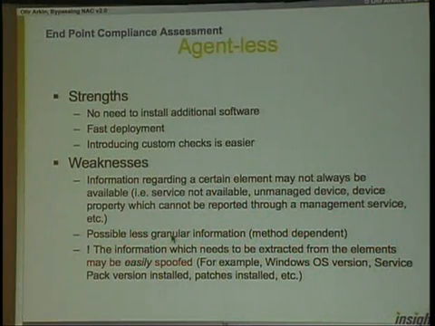If you look at the agentless solution, then of course the advantages here are pretty much straightforward. There's no need to install additional software, deployment is fast, and of course introducing custom checks is really, really easy here. The problem is that agentless software depends on a certain service being accessible in order to provide the information it needs. And there is a possibility of gathering less granular information about the device, depending on which methods you're using for agentless probing. And of course, the information that you probe for can also be spoofed. The moral of the story here is that unless you know which are your unmanaged devices and what your network looks like, then in both